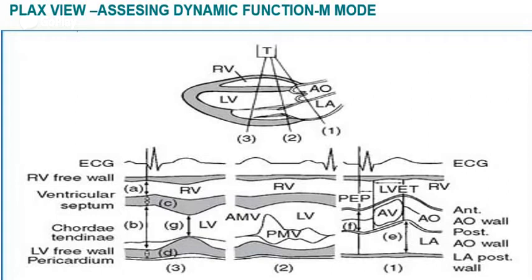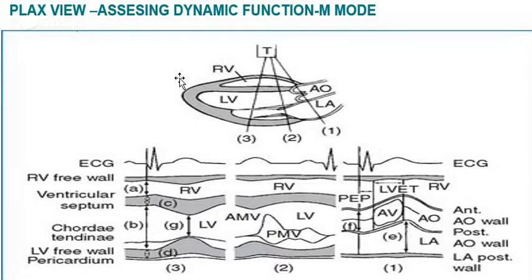In 2D echo, we usually do M mode echocardiography as well, so we have to go serially. First is the 2D echocardiography, then the M mode echocardiography, which will assess the dynamic function, and third will be the velocities of the different blood flow in the different chambers. That is done by the Doppler mode, and last will be the pattern of the blood flow by the color flow Doppler. So these are the 4 basic steps.